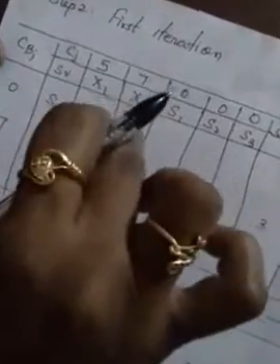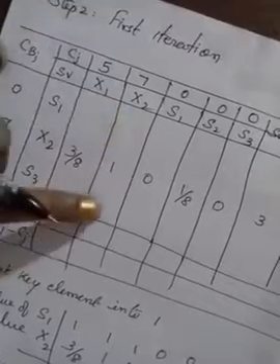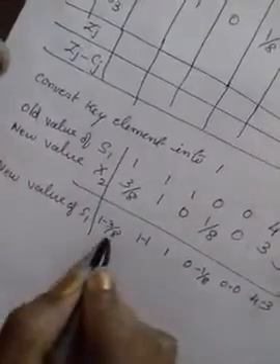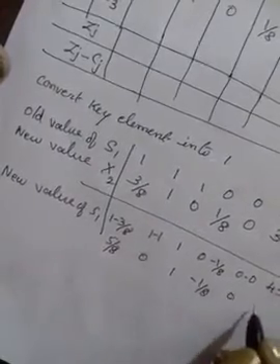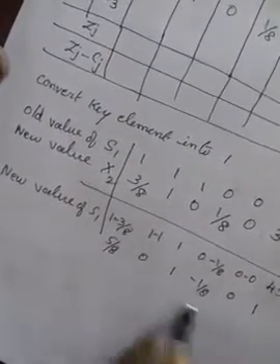See, what is the old value we have here? 1. So if we subtract these two equations, we will get 0 here. Is it clear? So that's why we are subtracting 1 minus 1, to make this value 0. Similarly, we have to make this value also 0. So now the values are: we subtracted, 1 minus 3 by 8, we will get 5 by 8. 1 minus 1 we will get 0. This is 1 and this is minus 1 by 8, and here it is 0 and this value is 1. Now this is the new value of S1. This value, copy here. Now I copied this value here.